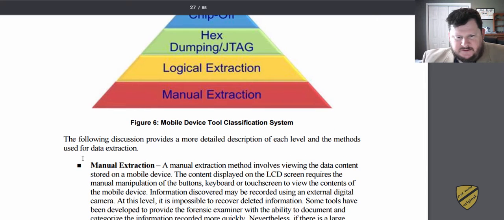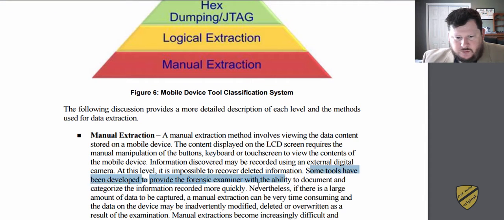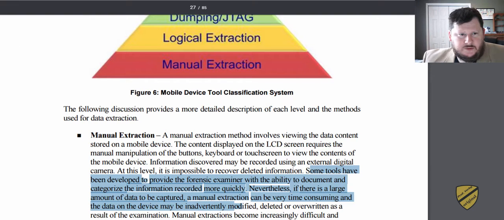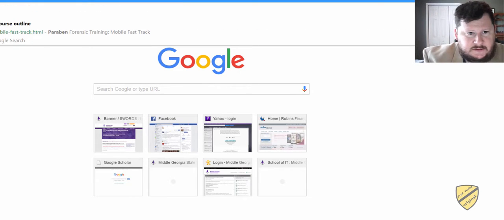The first one is something called manual extraction. This involves just viewing the data that's actually stored on the phone, the contents displayed on the LCD screen. At this level, it's impossible to recover deleted information because, again, you're just looking at the cell phone screen. There are some tools out there to help you categorize and document this. One tool that we have is called the Paraben